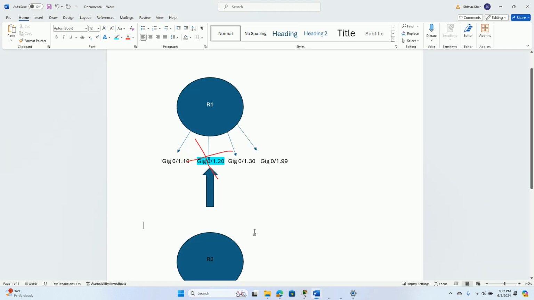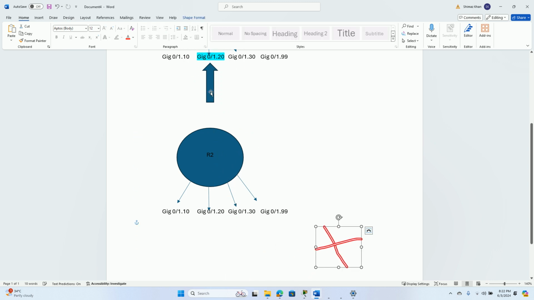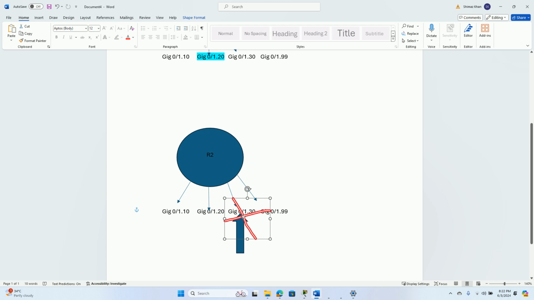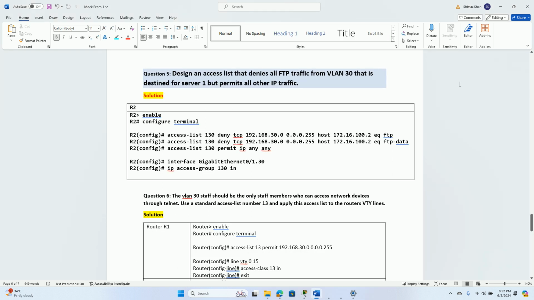Okay, so in server 1, the traffic is going to go through the 1.30 interface. It's going to go through this interface. So you have to create the access list and block the FTP traffic in this interface. Okay, so let's go to here. So access list